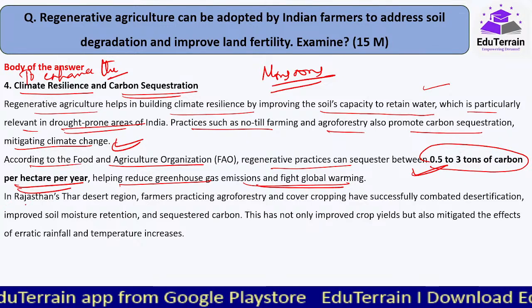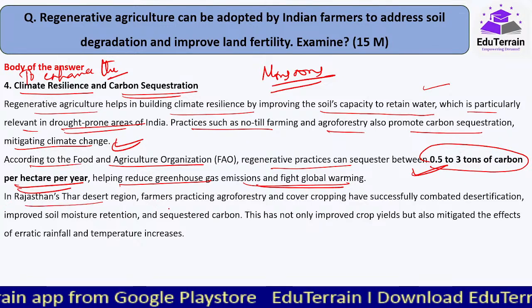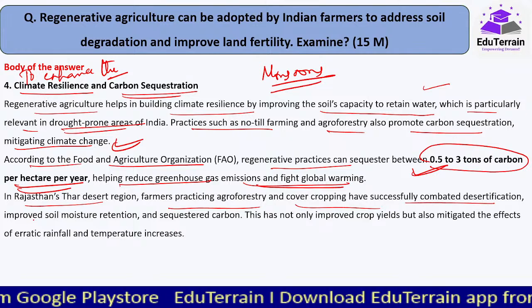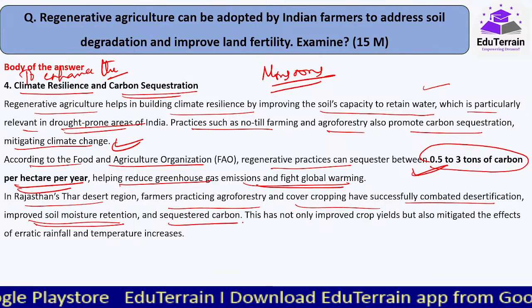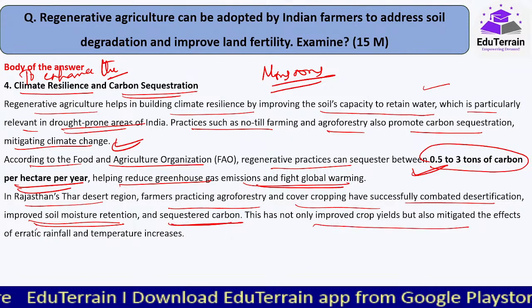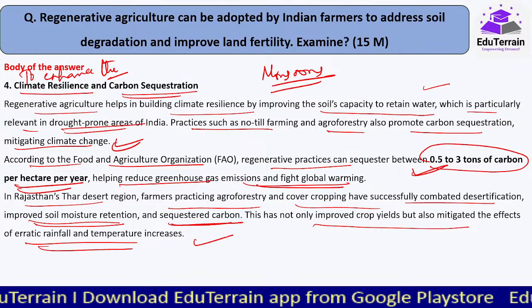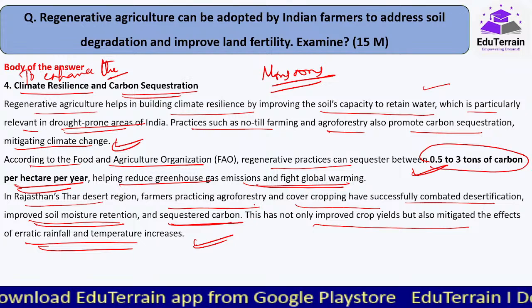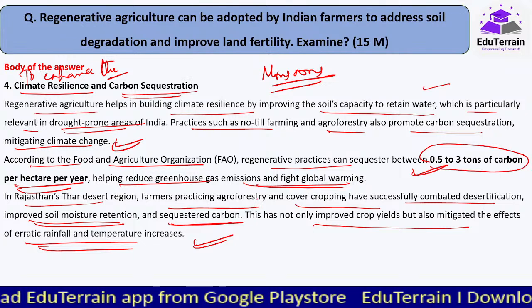Again, for example, in Rajasthan's Thar desert region, farmers practicing agroforestry and cover cropping have successfully combated desertification, improved soil moisture retention and sequestered carbon. This has not only improved crop yields but also mitigated the effects of erratic rainfall and temperature increases. Now, from where I have taken the example, if you remember, I think in 2021 or 22,